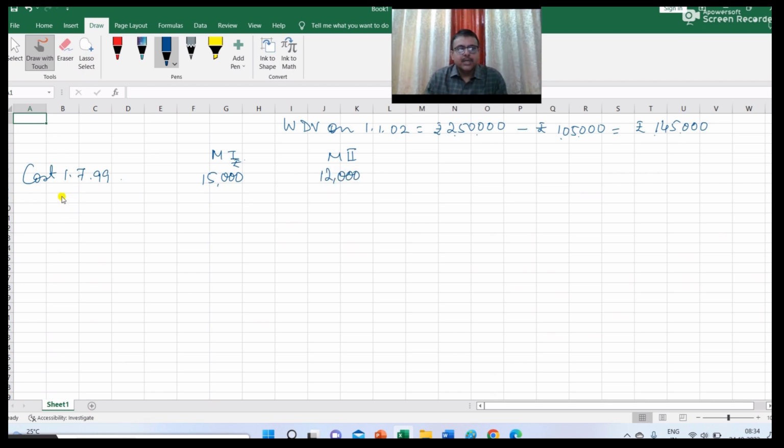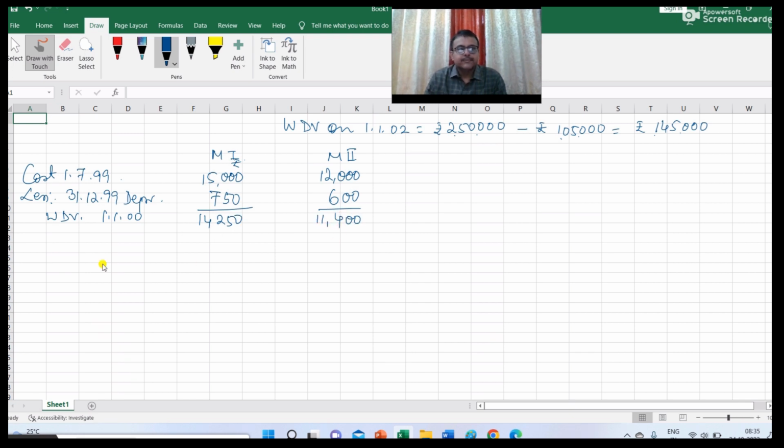So depreciation has to be charged on 31st December 99 at the rate of 10%, and here the amount of depreciation will be 750 and 600 because 6-month depreciation has been charged here. So the written down value on 1st January 2000 is 14,250 and